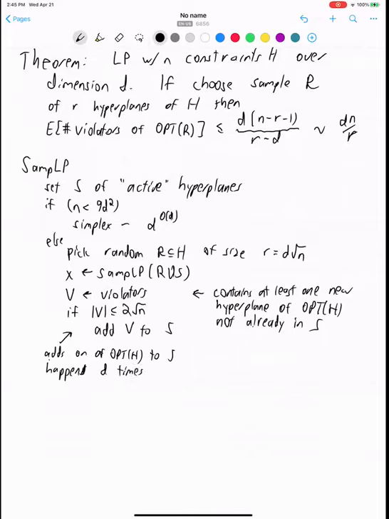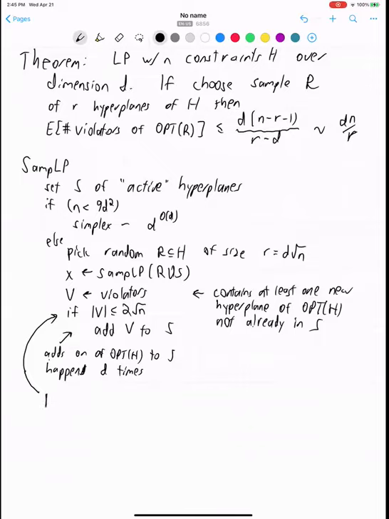Because once we add d hyperplanes from the optimum to S, that means S contains all the hyperplanes of the optimum. And that means that when we recursively solve S, we find the optimum, right? So if adding violators to S only happens d times, then this step, right,